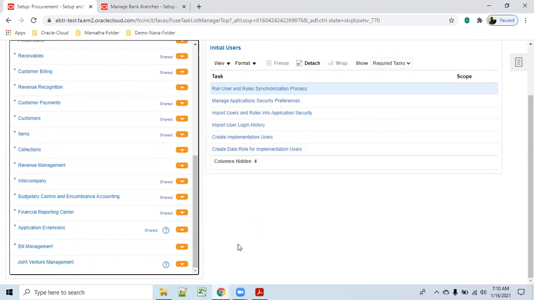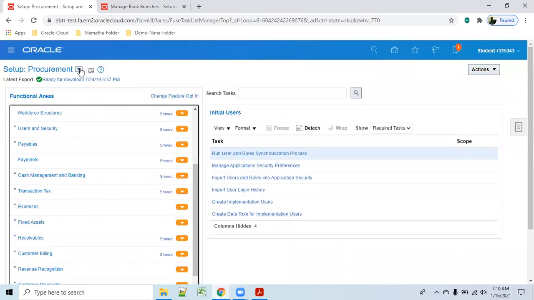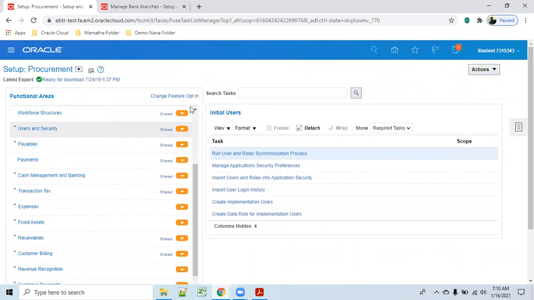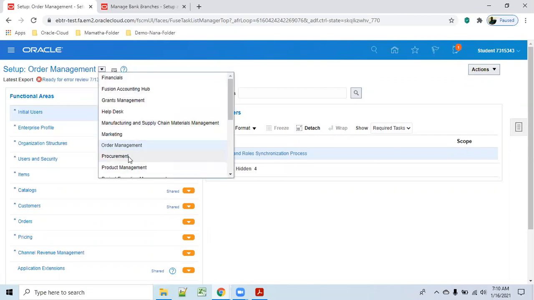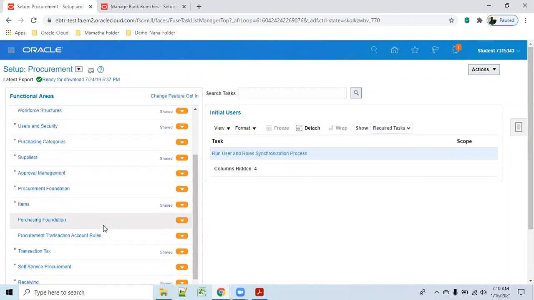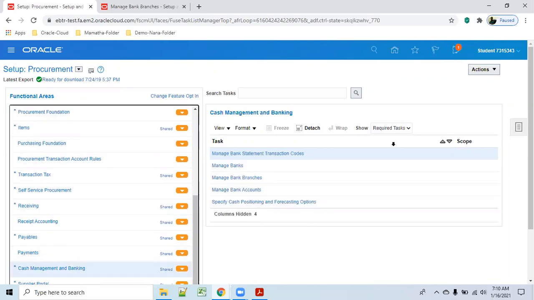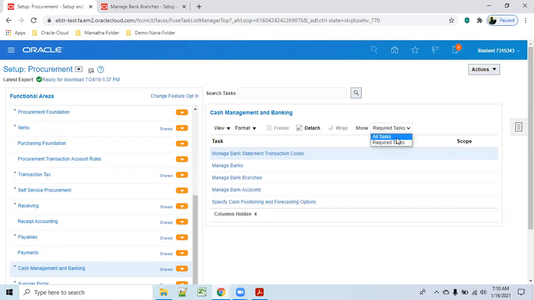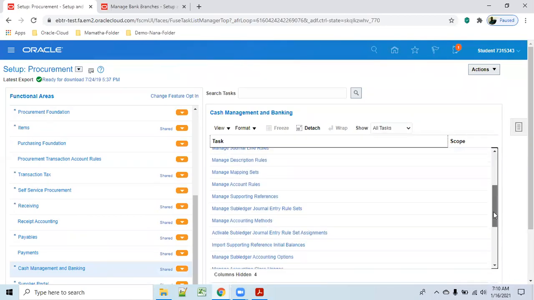Where is it? Cash is not there. Why? Come out to procurement. Same cash management and banking account. Go to all tasks. Is Manage Bank Accounts there or not here?